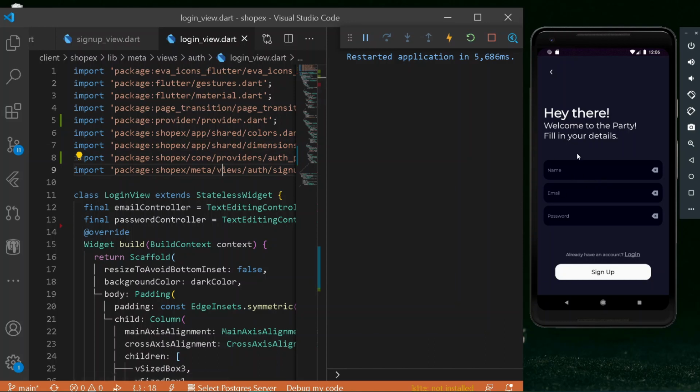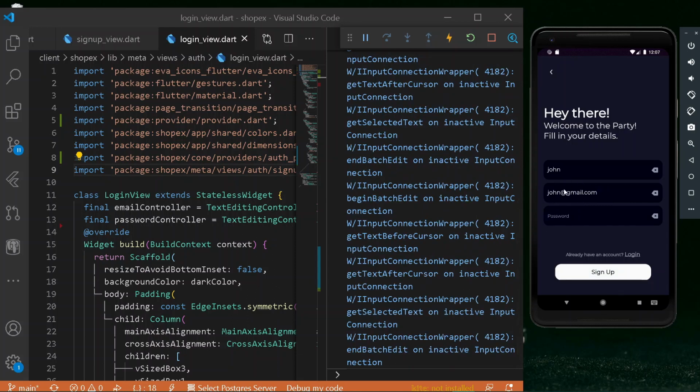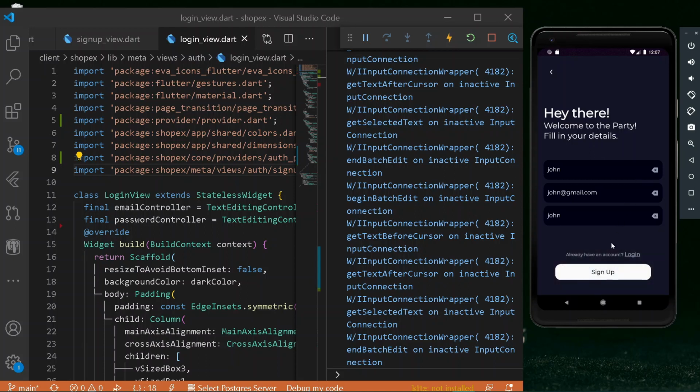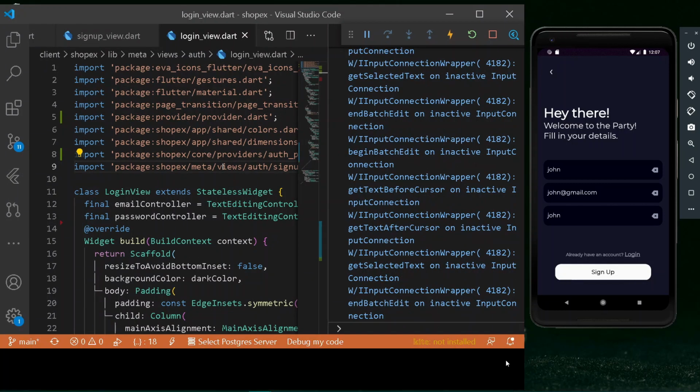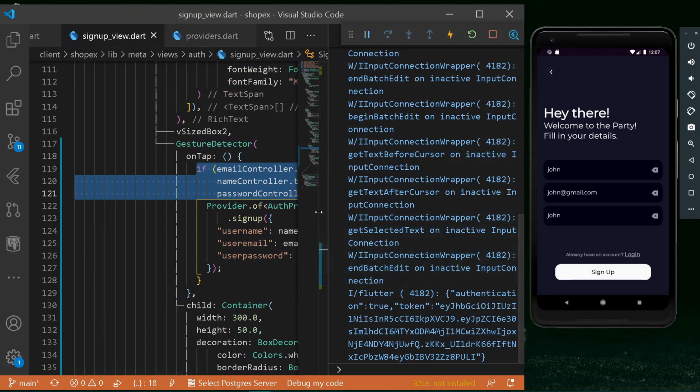So first of all, let's fill up some data for creating a new user. Cool, so we need to make the following changes under our list view. So for now, I will be simply adding here a John to be a password as well. So after pressing sign up, let's wait for it. Let's check whether we are printing our data or not. Alright, so we are getting our authentication token.